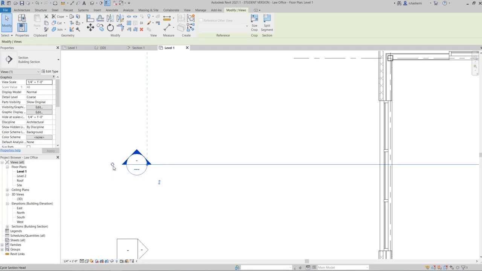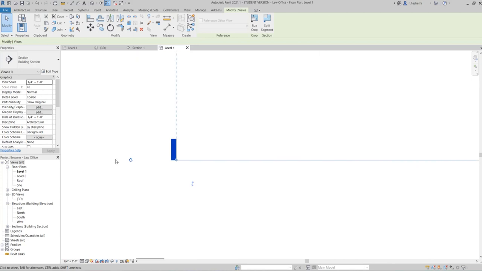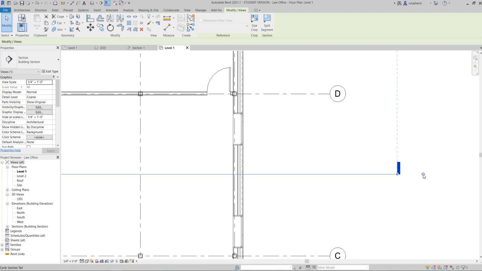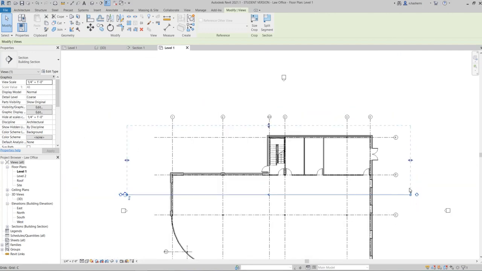This toggle button over here switches between the tail and head of this section line, so you can change the way it looks. On this other side of the section line, we have the toggle button again, just to have different options. This is how far we can see in our section, the extent of our view in our section, that we'll talk about later.